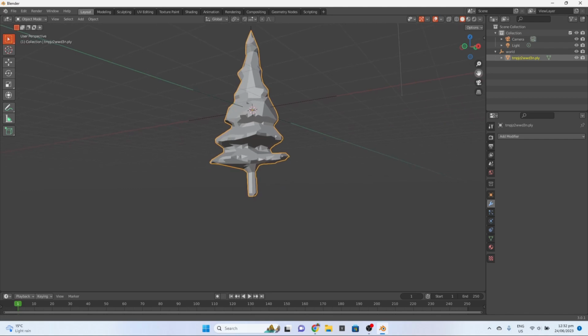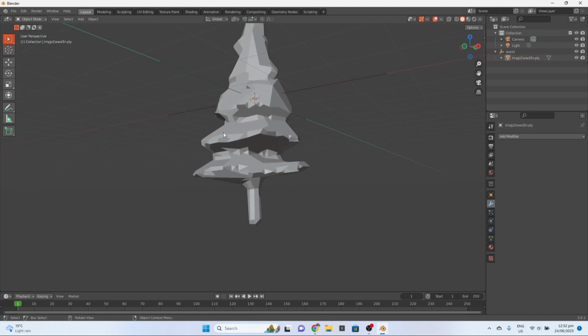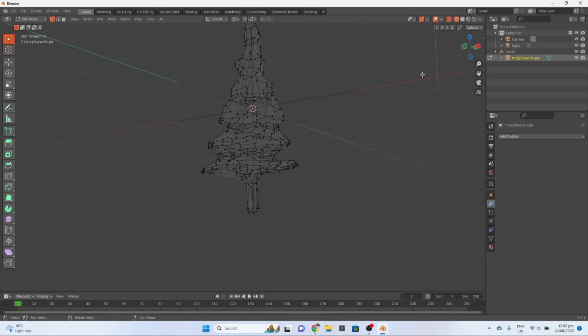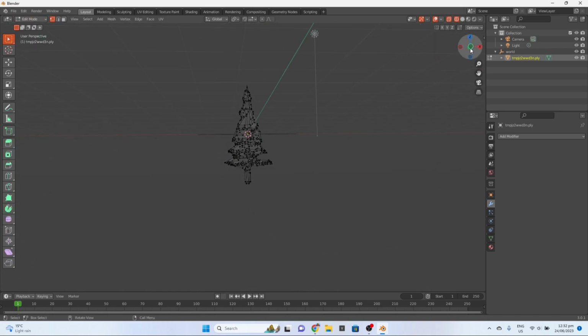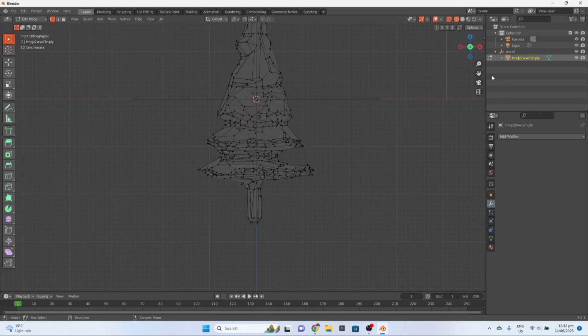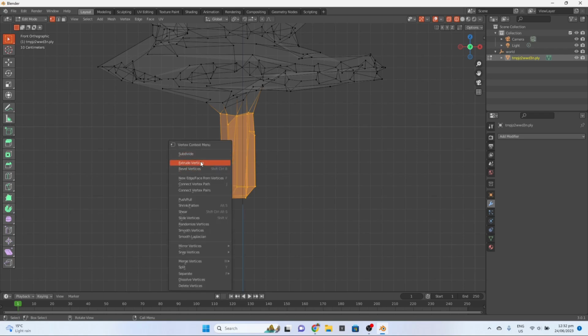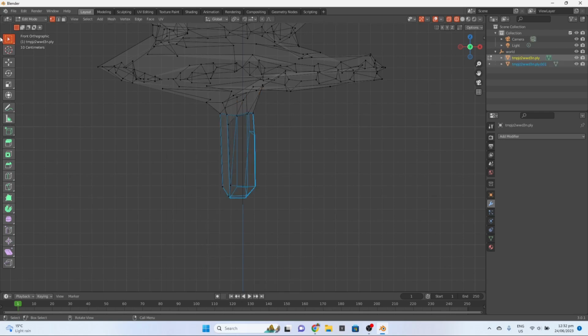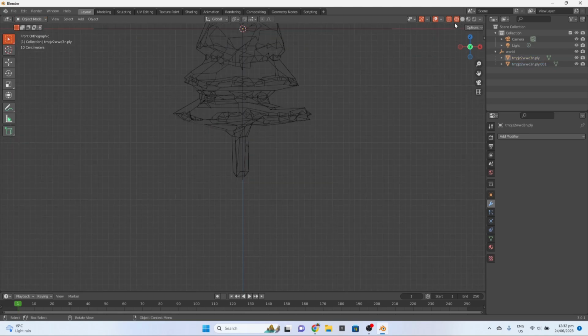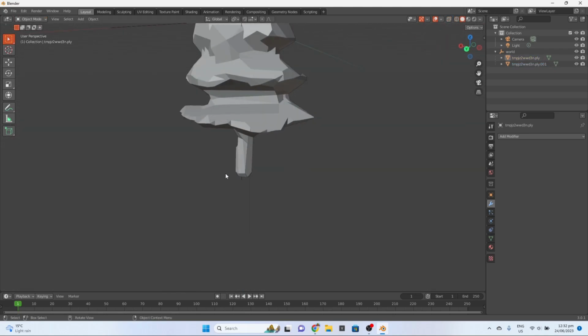And so if you want to texture in Roblox Studio, you're going to have to go into edit mode here. You're going to have to set it to wireframe mode, and set it to the y-axis. You're going to have to zoom in here, so whatever part you want to color separately, you just put a selection box around it, right click it, and just go separate, and then click by selection. Now if we just go back into Blender's object mode and we set it to solid, you'll be able to see that